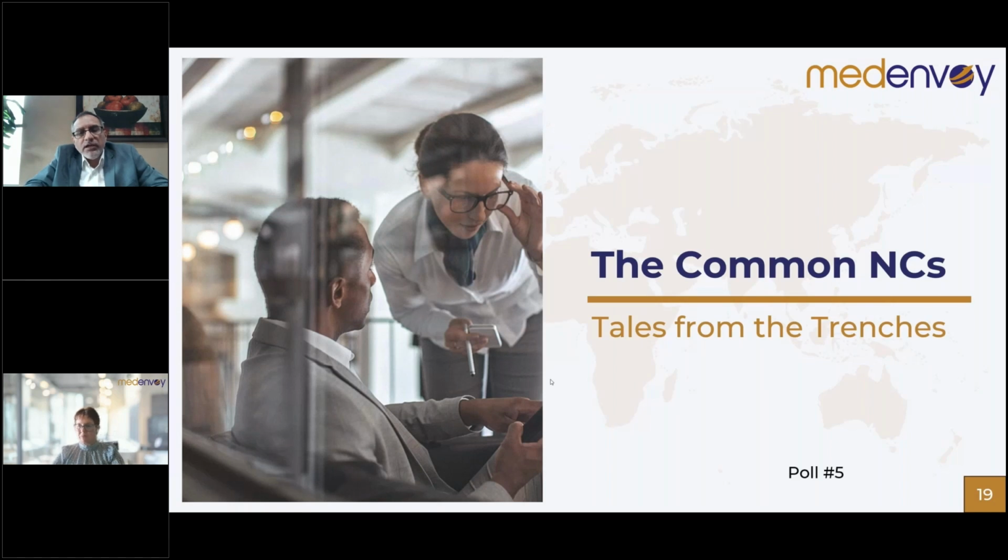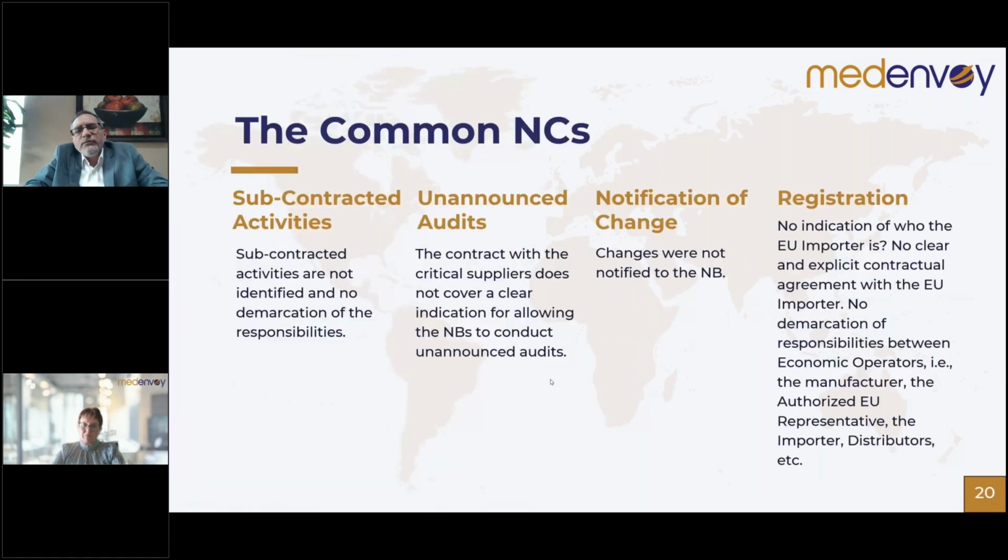So some of the key non-conformities that we have noticed and observed. As an auditor, we see some subcontracting activities where subcontracted activities are not defined, or critical supplier contracts are not in place. For unannounced audits, we don't have a procedure, or the contractors and critical suppliers don't have enough coverage in their contract to allow unannounced audits. Change notifications are not being reported to notified bodies,